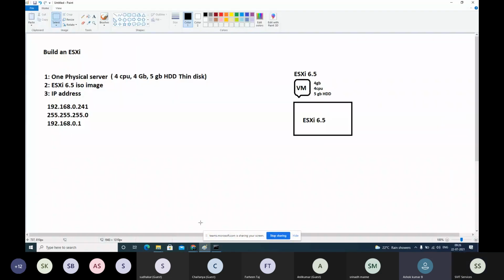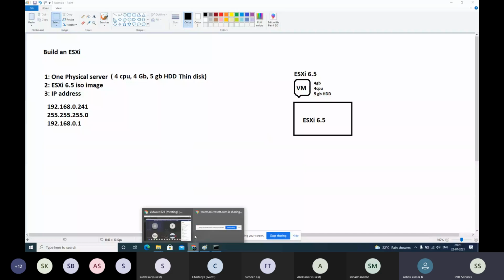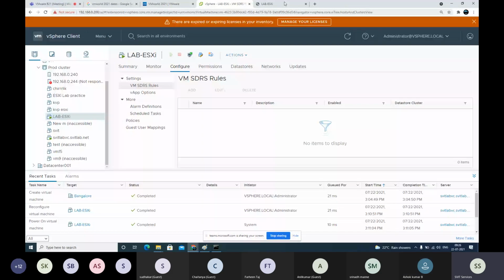Then I think already the VM was created, right? See here the image I have explained. As we don't have that many physical servers, on one ESXi we are building a VM. Okay, sir. But now you install ESXi, right? Where have you done that, sir? This VM, the lab ESXi, the VM which I have created here.